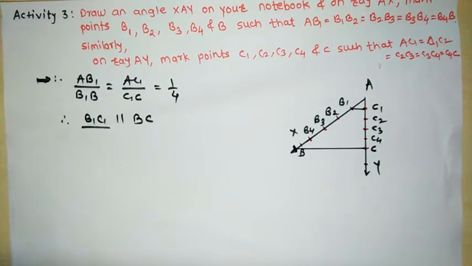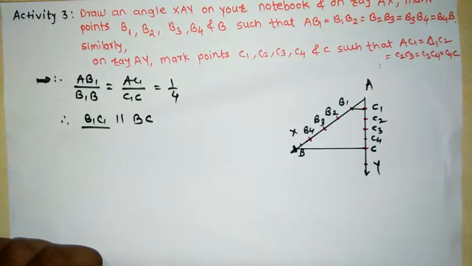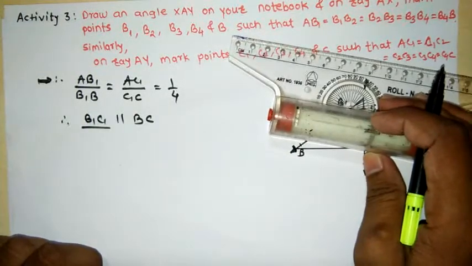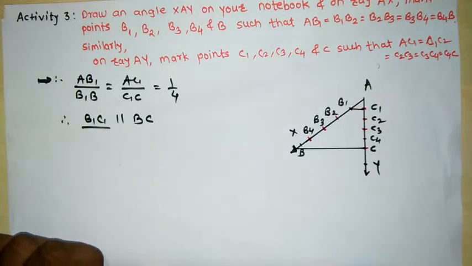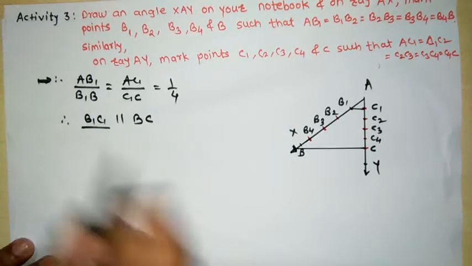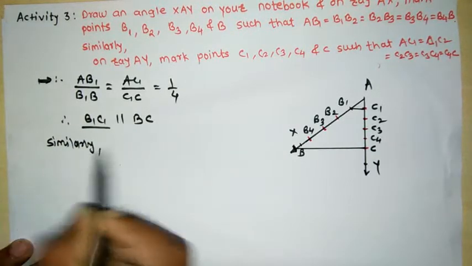Also you can check. How to check whether these two lines are parallel or not? You have to put the protractor here and check the angles. Corresponding angles of these two lines you have to check. You will get the same values of corresponding angles. Similarly,